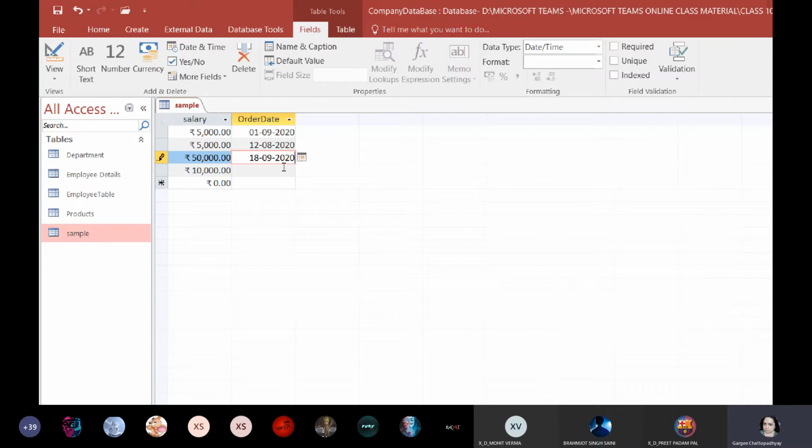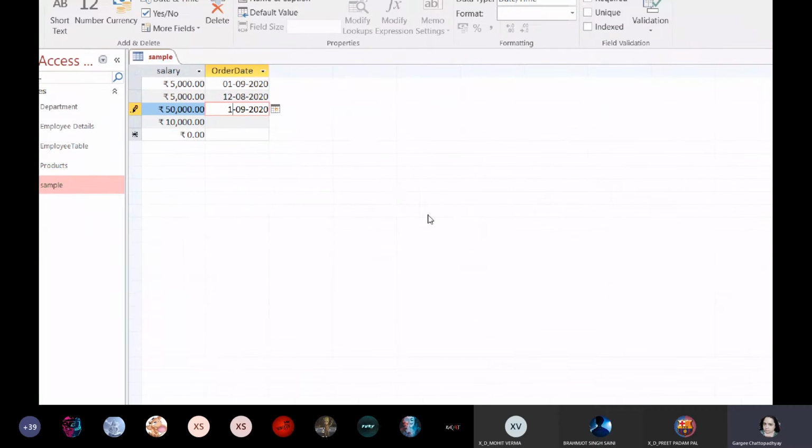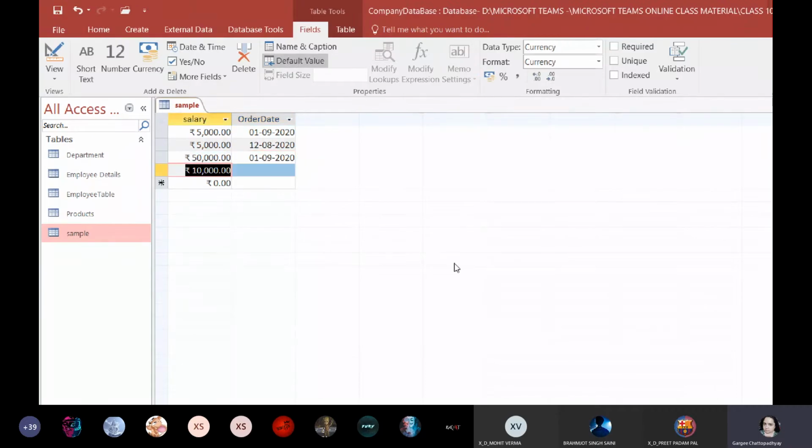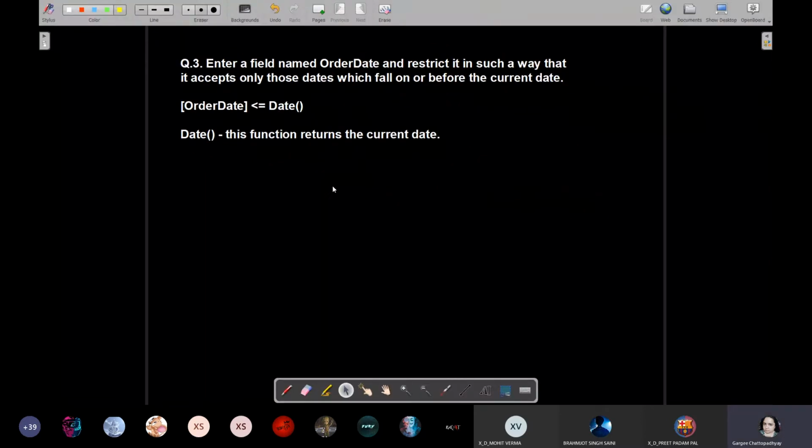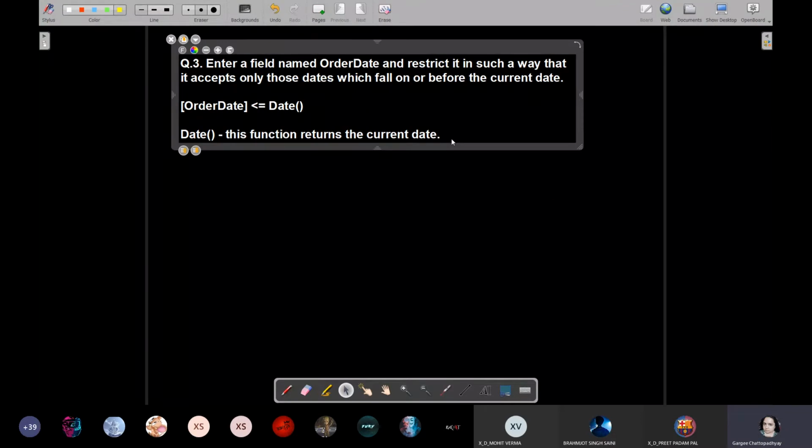Okay, it is not like he has placed the order on a future date, the date which has not yet come. How can he place the order on that date? Understood? So you have to think of it in that way. So here you have to again make changes so that you get the correct answer. So this is how you can restrict the user to enter only specific values. Understood? Is this clear to everyone? Yes, ma'am.